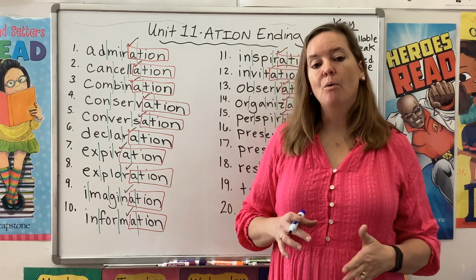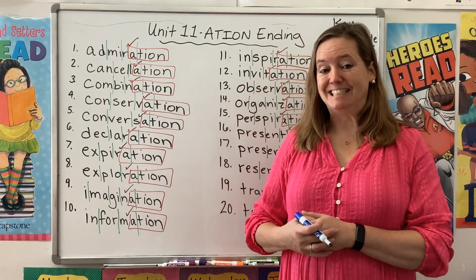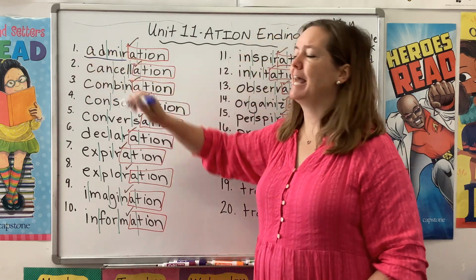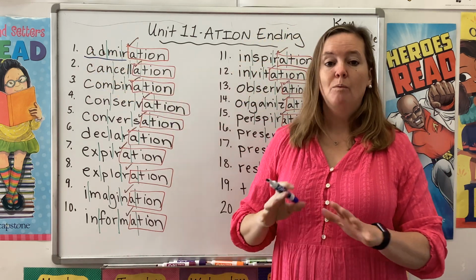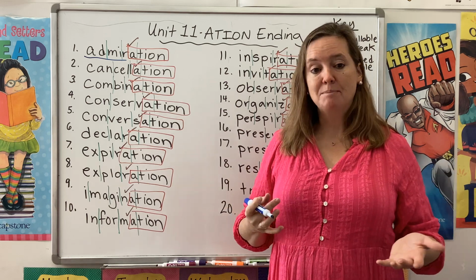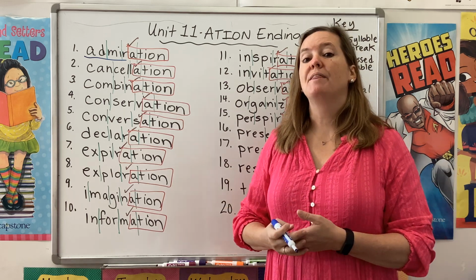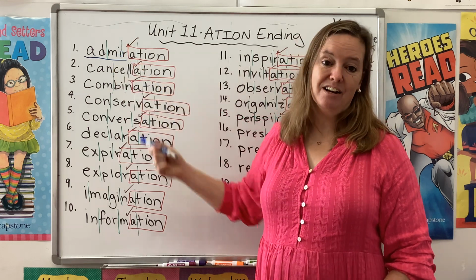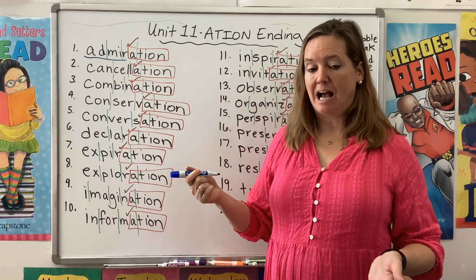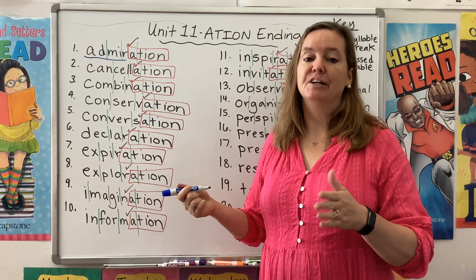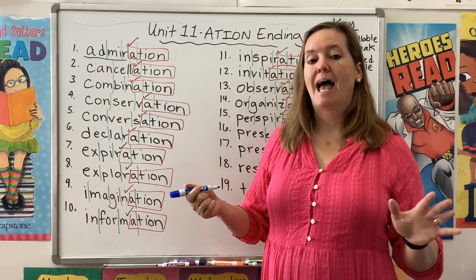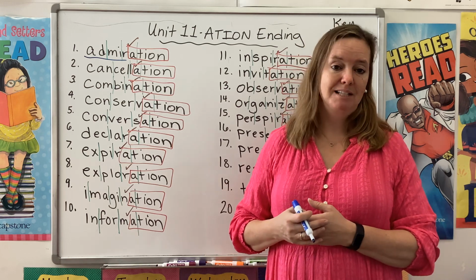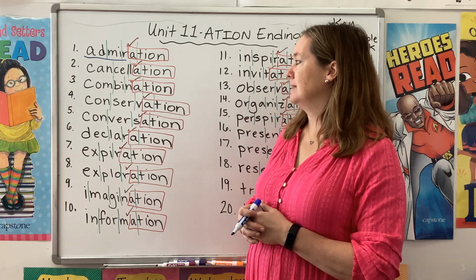And I want you to notice how the verb's pronunciation changes. So in number 1, our verb is admire. When you admire someone, you look up to them, right? You are filled with admiration. Notice what happened to that I there. Instead of being a long I, like in admire, it turned into the schwa, admiration, right? We know that happens to a lot of syllables when they're unstressed.